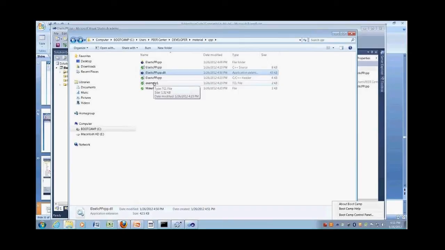You have another option on Windows. You can actually set your load library path to include whatever directories you put all your DLLs in. So they don't always have to be in the same directory as the script. That's something for you to learn about. It's not something I'm going to go into here today. So now that I have the DLL in the same directory as the script,